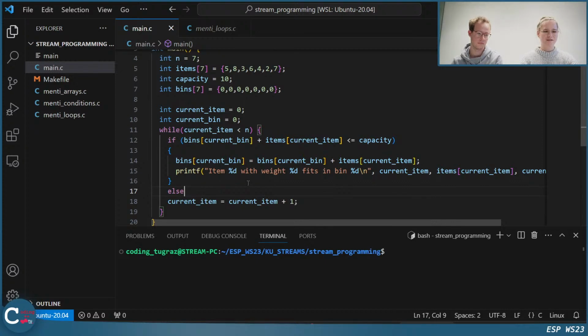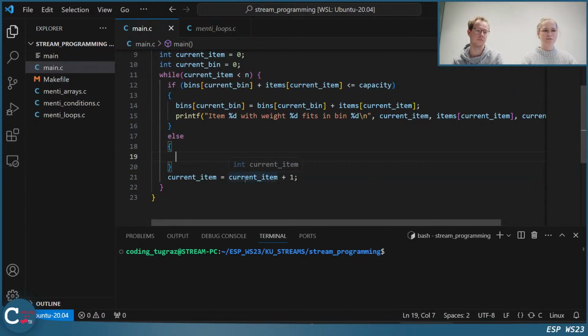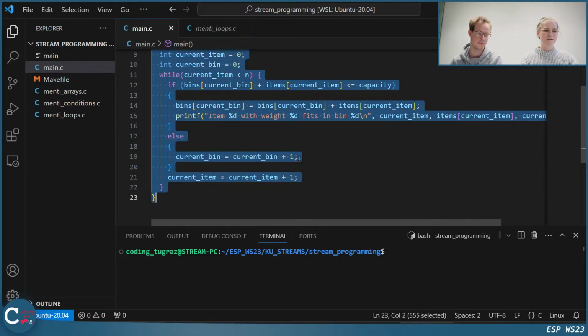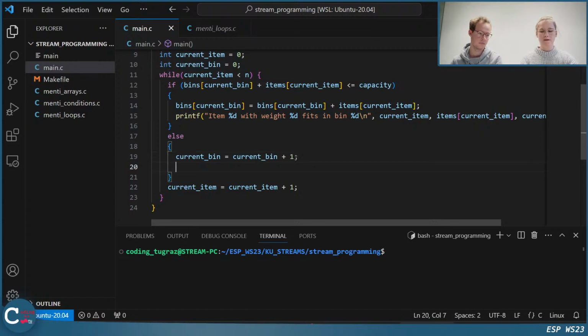Now let's write an else statement, because what should we do if the item doesn't fit in the bin? Then we would need to consider the next bin. So we do current bin equals current bin plus 1. So we increase the value of current bin by 1. And now we also need to add this item to the next bin, the bin we basically just created, because we are sure it's empty, because in next fit, the next bin we consider is always empty because we haven't considered it before.